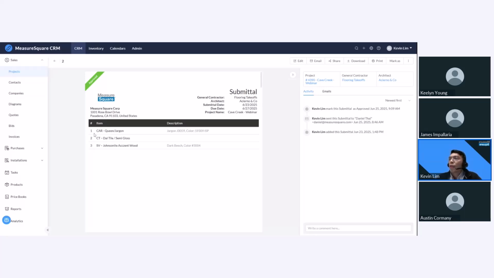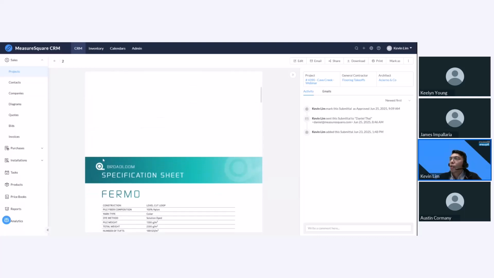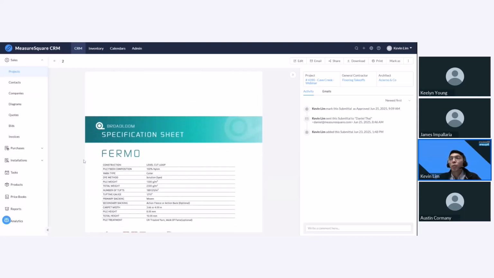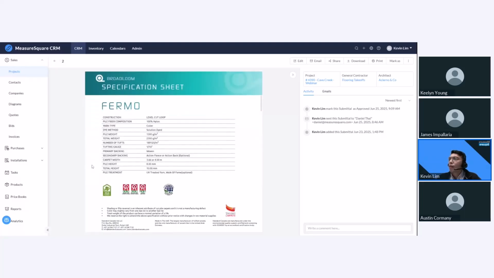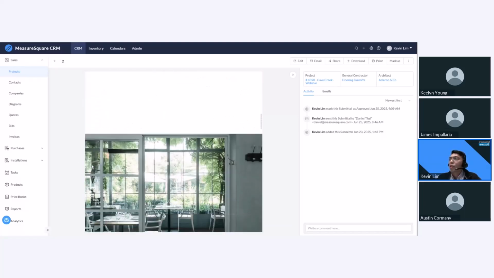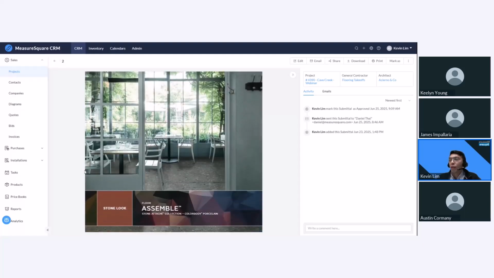So we have here our item names, we have here our corresponding descriptions. And if I just scroll down a bit, you have the option to attach your spec sheets or electronic samples of these products. So you can just easily attach them when you're creating a submittal document, and they will all be organized in this one document over here. So these are all my spec sheets. I've just attached them as PDF files